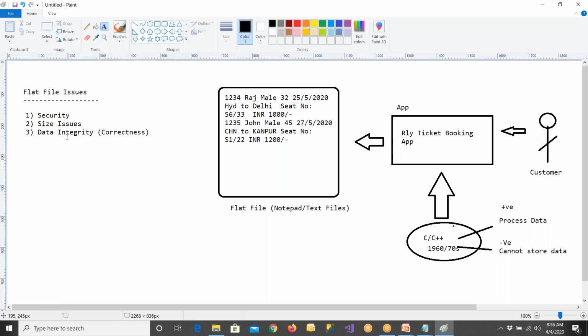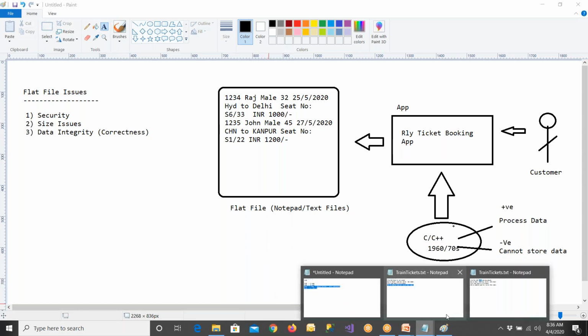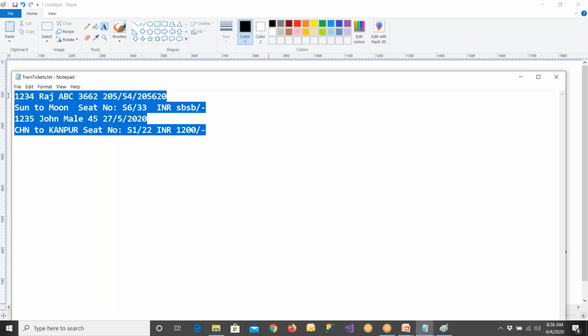If anybody gets the privileges to go here, they can easily tamper the data, they can easily delete the data, or whatever data they're inserting can be easily modified. So correctness will not be maintained throughout the program. If you don't have the correct data in the database, tomorrow people will not be interested in this type of application. For example, you go to Citibank and you want to know your balance, and your balance is $1,000 or 1,000 rupees, and the computer is telling you $500.